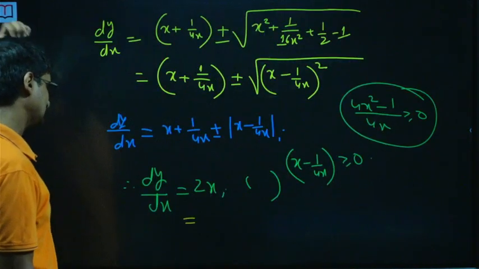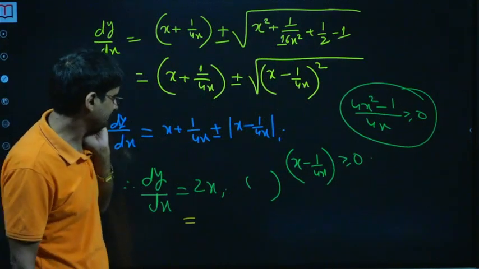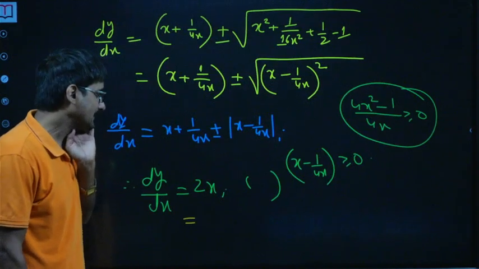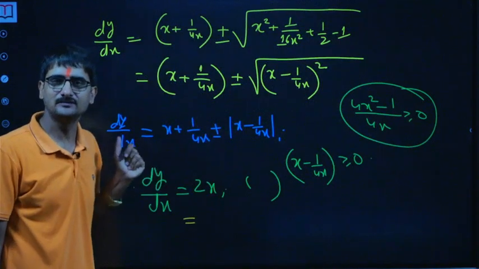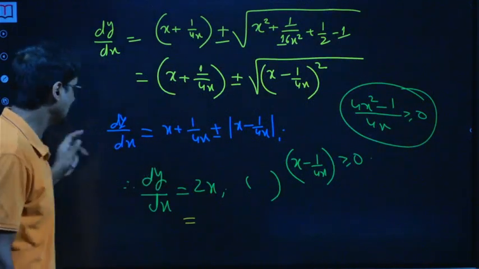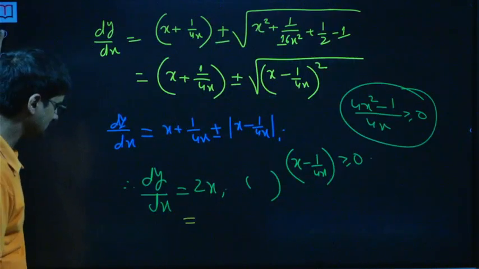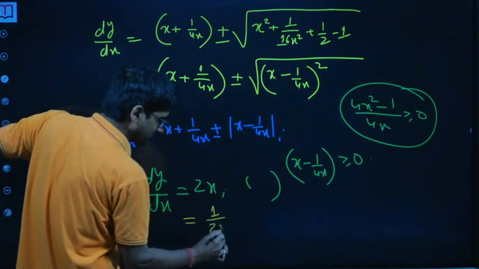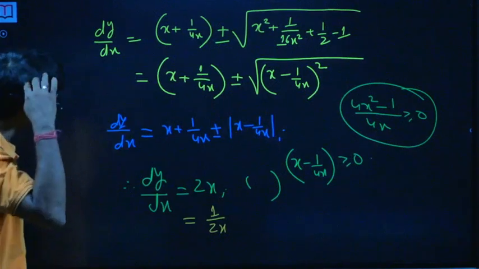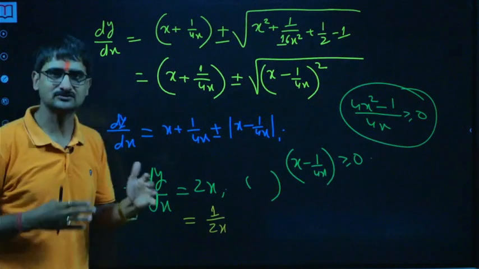So that means, see, what will happen is, there are 2-3 possibilities. I mean, modulus, and then there's positive negative thing also. Okay. And they didn't say anything about dy by dx, whether it's positive or negative. They didn't say anything about it. So if that gets cancelled, we'll get 1 by 2x. Okay, 1 by 4x plus 1 by 4x. Okay, the problem is there will be 4 such combinations.